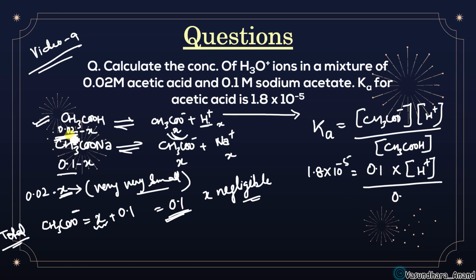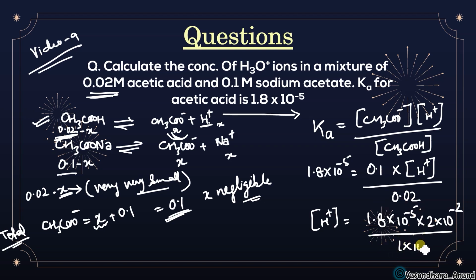Yes, 0.2 minus X is at equilibrium. जो concentration given है वो इतनी है ना, तो that concentration we will take. Okay. Now just find the H plus ion concentration. What you will get? 1.8 into 10 to the power minus 5 into 2 into 10 to the power minus 2. Can I write like this? इसको upon 1 into 10 to the power minus 1. Yes. So this is 1.8 into 2, 3.6, and here it is 10 to the minus 5, minus 2, minus 7, or plus 1, yani minus 6. This is the concentration. I hope it is clear.